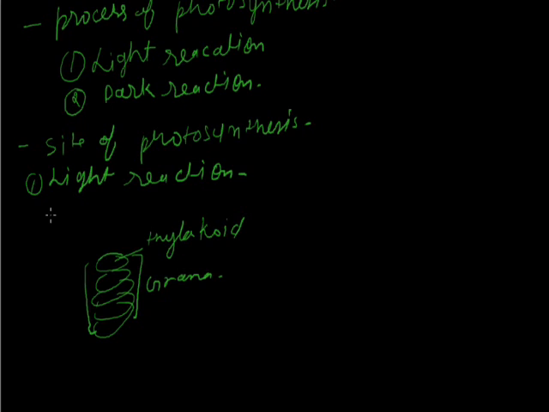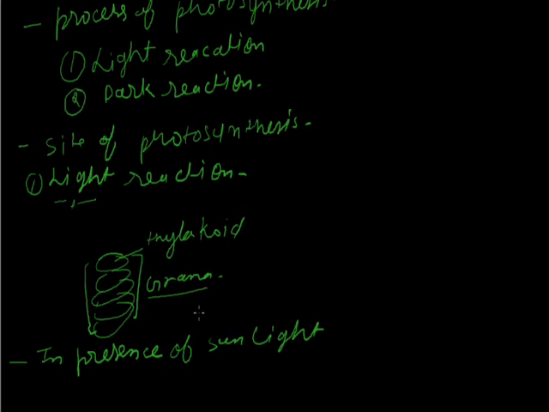We are calling it light reaction because it occurs in the presence of sunlight. There should be sunlight, this is very important, and the site will be the grana. It means in the initial process, the molecule of chlorophyll will trap the solar energy, and the whole process will occur inside the grana. After completing the light reaction, the whole material will go inside the liquid of